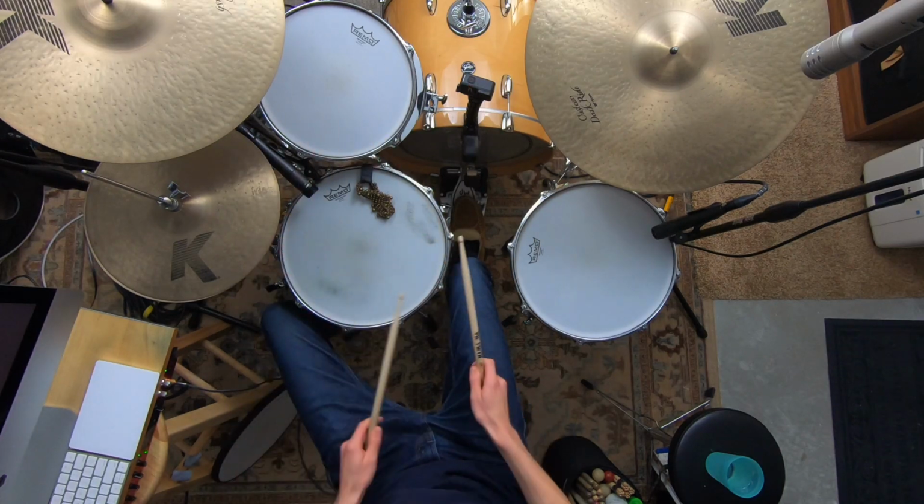Now, one thing that's worth mentioning is I'm not explicitly playing everything right hand lead anymore, because it makes more sense most of the time, if you're playing around the kit, if you're hitting a lot of toms, to play the snare, if you're playing a backbeat on 2 and 4, with the left hand. So normally, hitting a beat on the snare, we would probably do that with the right hand if we wanted to keep this right hand lead. But unless we're doing something like this,